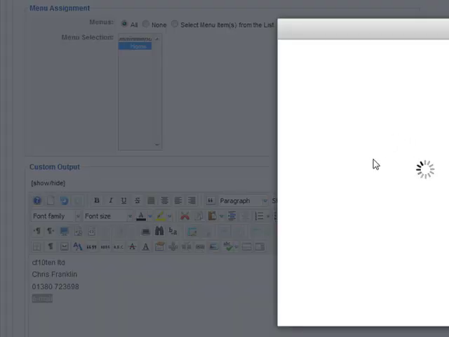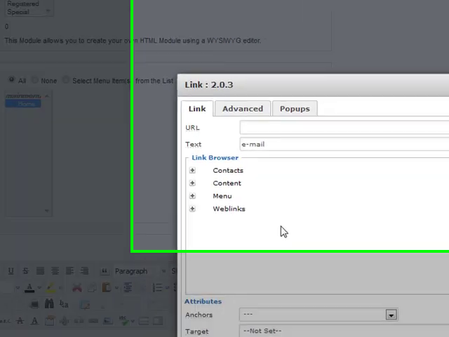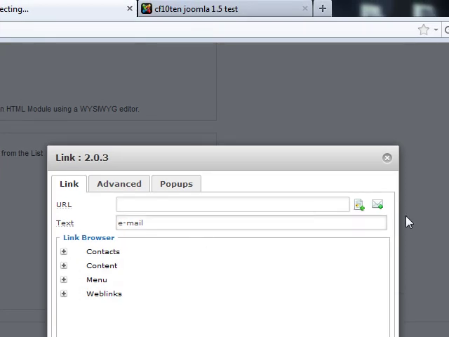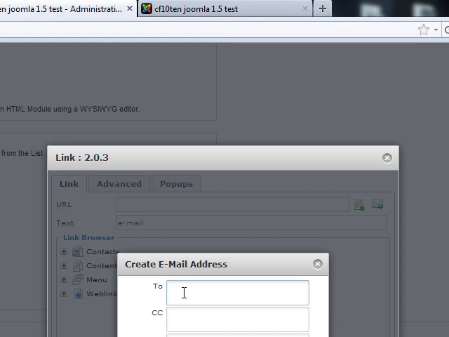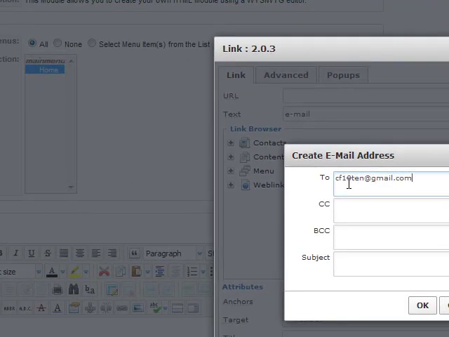Up comes another little window, and we click on this little button here, which is for email. I'll just put in cf1010@gmail.com. You can put a subject. I'll put my wonderful greetings in here, so it populates the subject as well. So we go to OK,